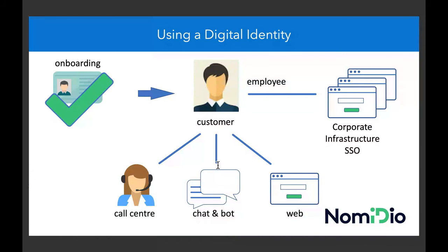Really what Nomidio focus on is digital identity, particularly using biometrics as an authentication means. And I suppose the scope of what we're particularly interested in here is the creation or onboarding, if you like, of people into having a digital identity and then being able to use that digital identity to prove who they are and to be authenticated against their identity in different ways. And at the moment, your digital identity might be or probably is a username and a password used to authenticate you, which is a rather vulnerable, archaic, insecure, and terrible user experience in terms of